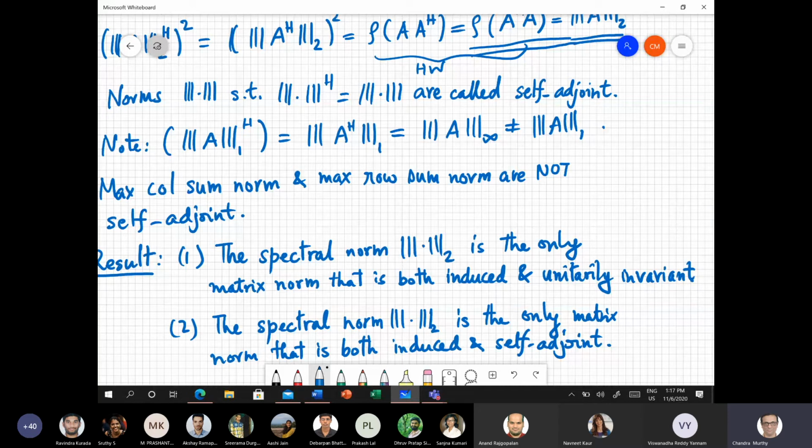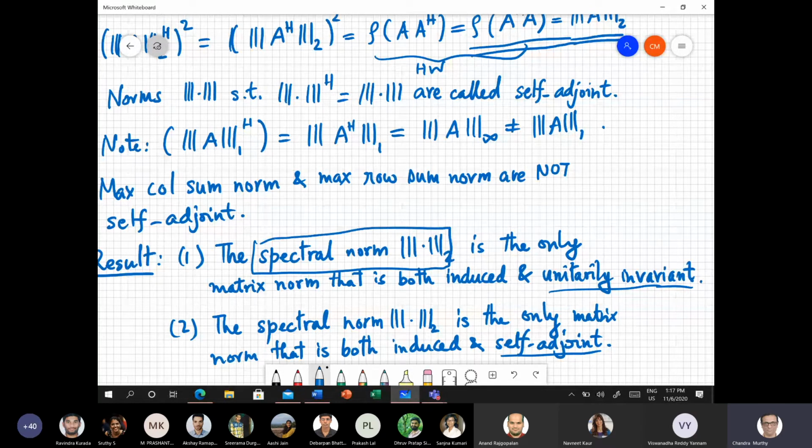which is one of the reasons why, multiplying by unitary matrices or taking the conjugate transpose operations are fundamental operations that arise in many signal processing and engineering applications, and that's why for many of these applications we are interested in working with the spectral norm because it's invariant to these two operations. It's a very special norm in that way. Okay, so